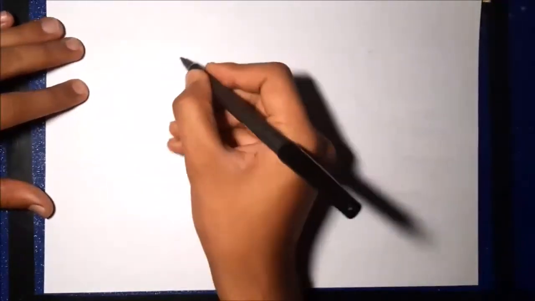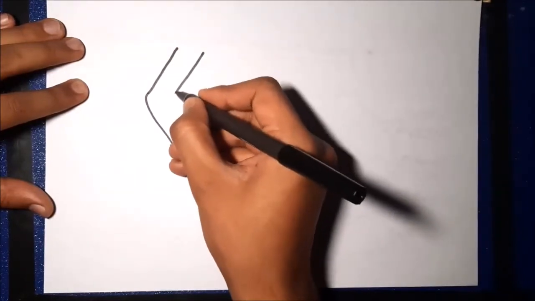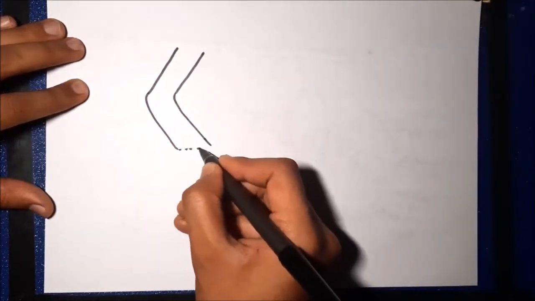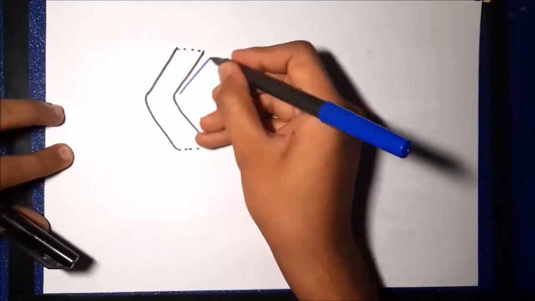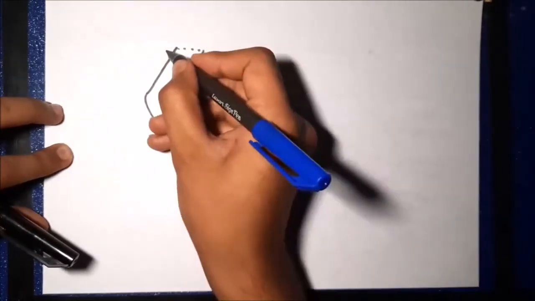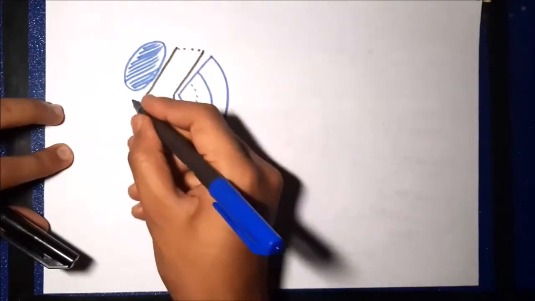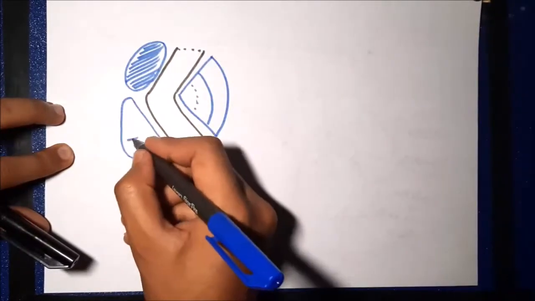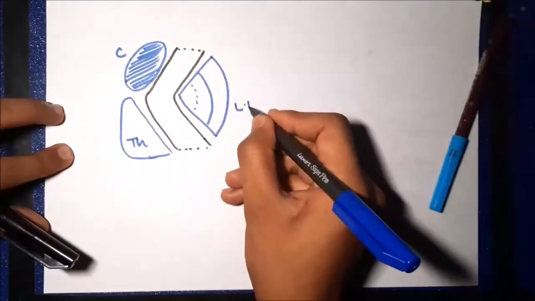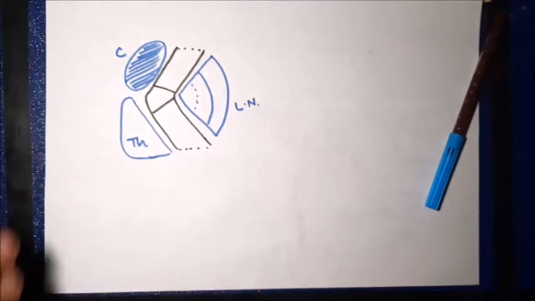Now let us try to understand various parts of internal capsule. If we draw a separate diagram of internal capsule, it looks somewhat like this. It has a bend. On the right side, this is the lentiform. As you can understand, this is internal capsule of the left side of the brain on the coronal section. These are the caudate nucleus and the thalamus. So this is caudate nucleus, lentiform nucleus and thalamus, and in between these structures is the internal capsule.